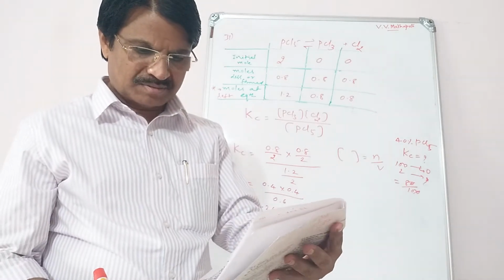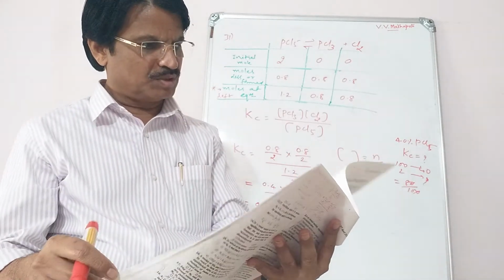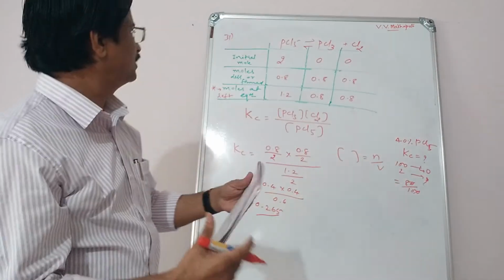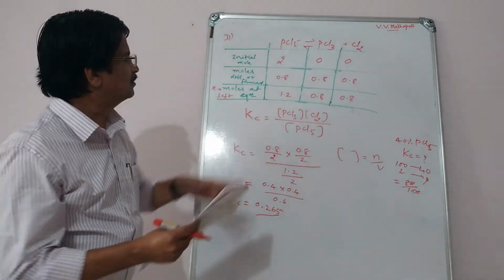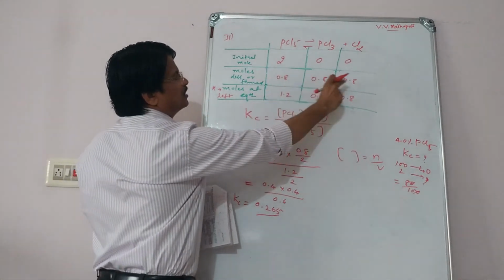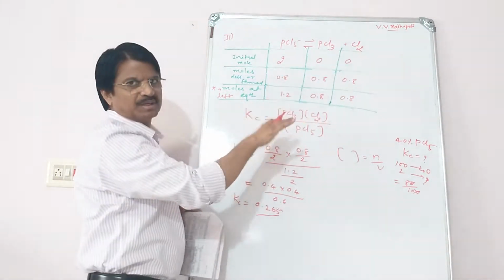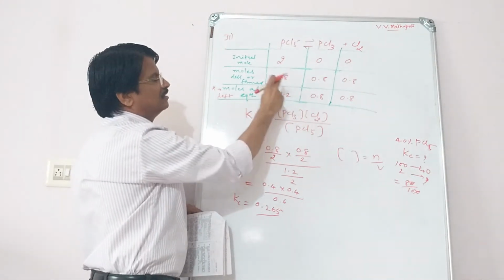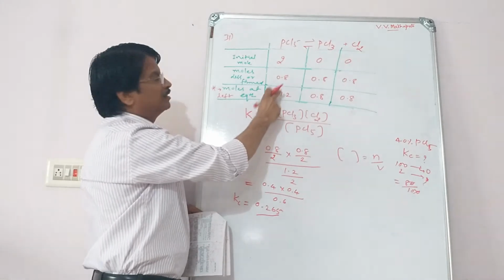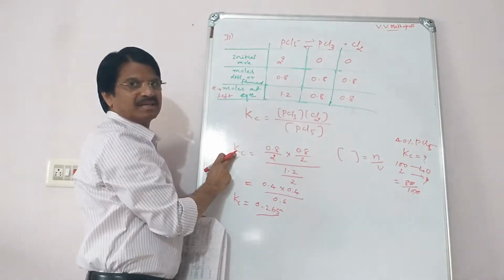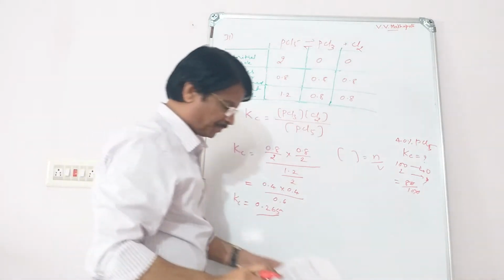So in all these questions I covered how to solve the questions and some problems. And one more very important question. Here the x value is given. This value is given in this problem whatever I solved. But in other questions, you may have to find x and how much is left at equilibrium. The calculation of x is important. And in such cases, the equilibrium constant K value is given.